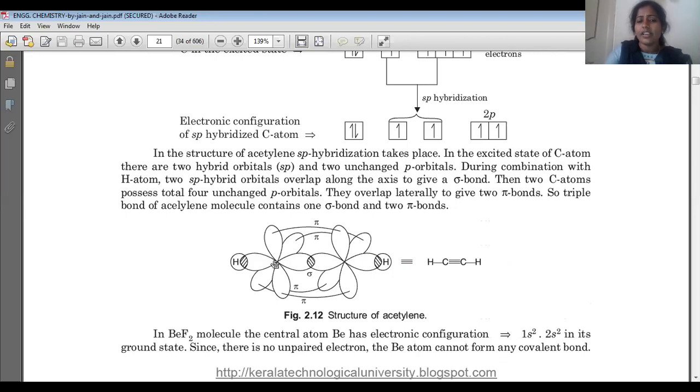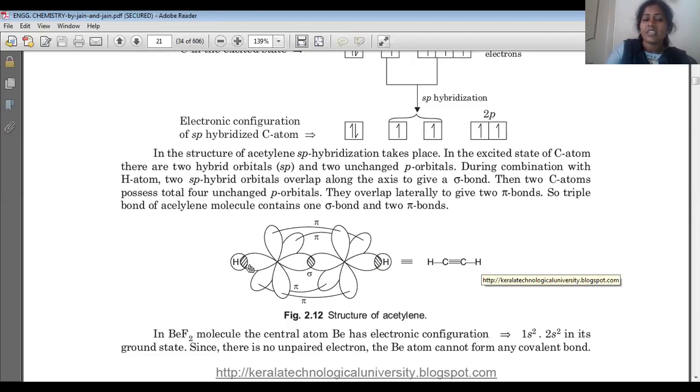In this acetylene, we have a central carbon. The central carbon has two sp hybridized orbitals. One sp hybridized orbital can combine with the sp hybridized orbital of the second carbon atom in acetylene. Each carbon is attached to one hydrogen. So these two sp hybridized orbitals combine linearly, and the other sp hybridized orbital combines with a hydrogen s orbital,